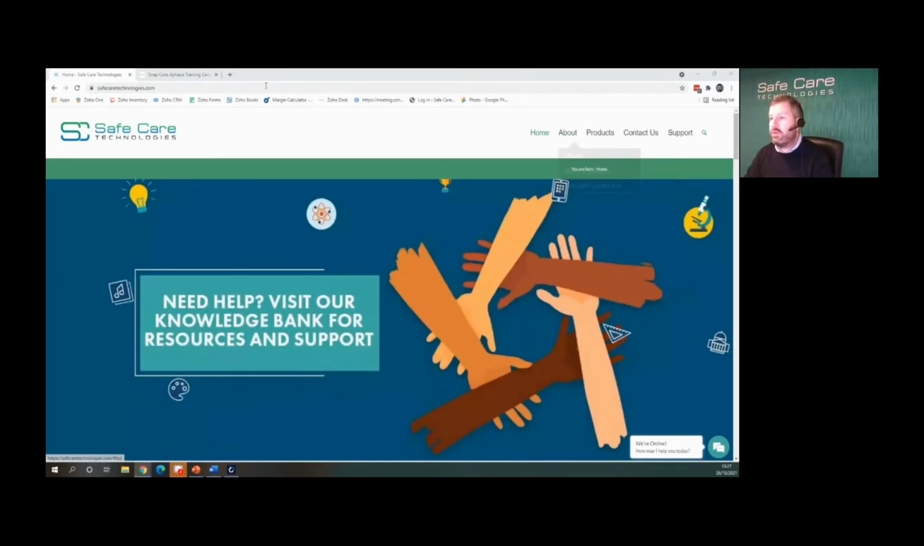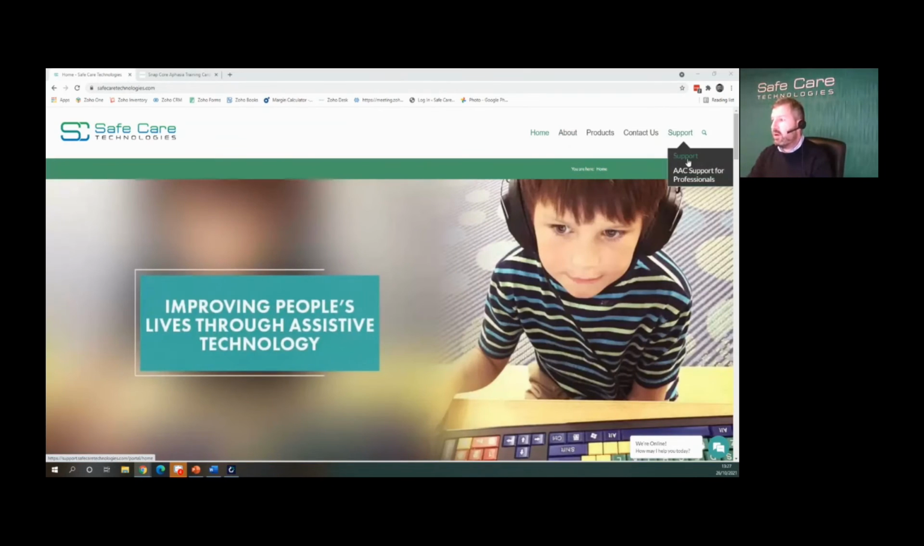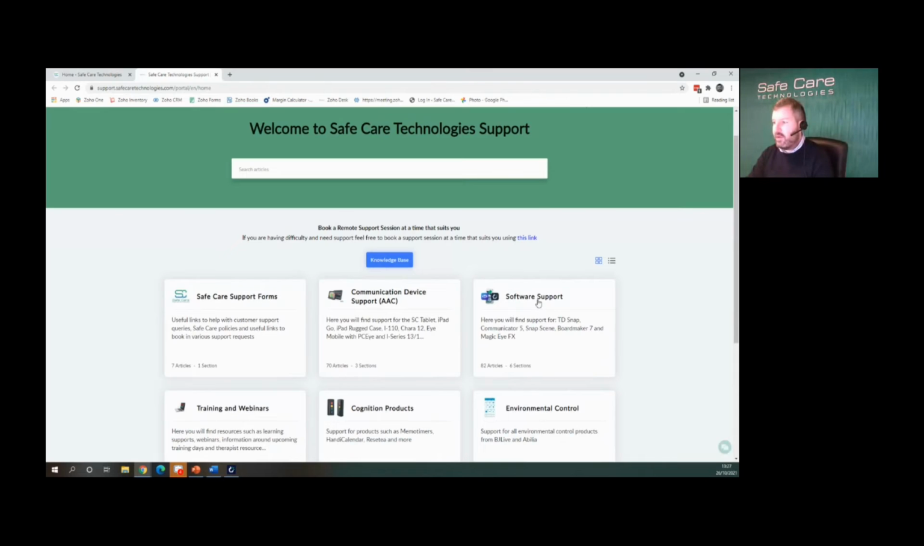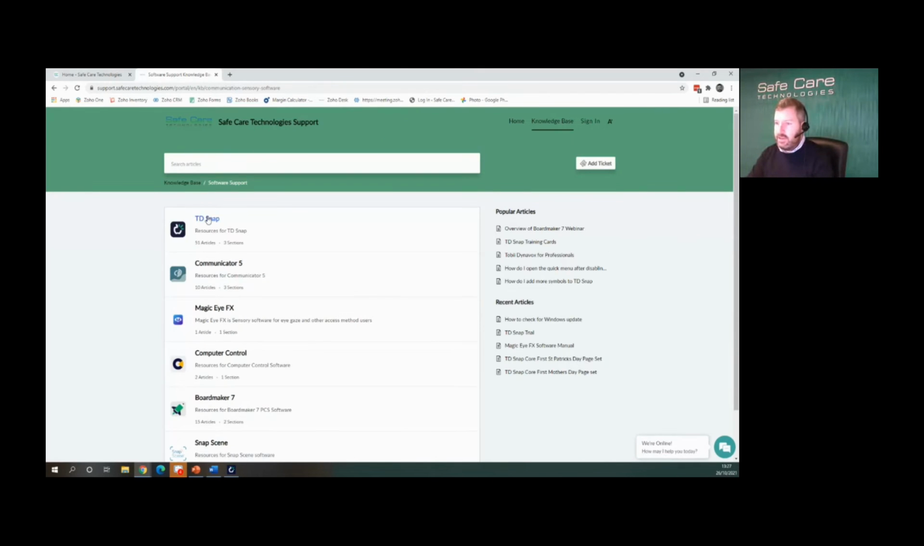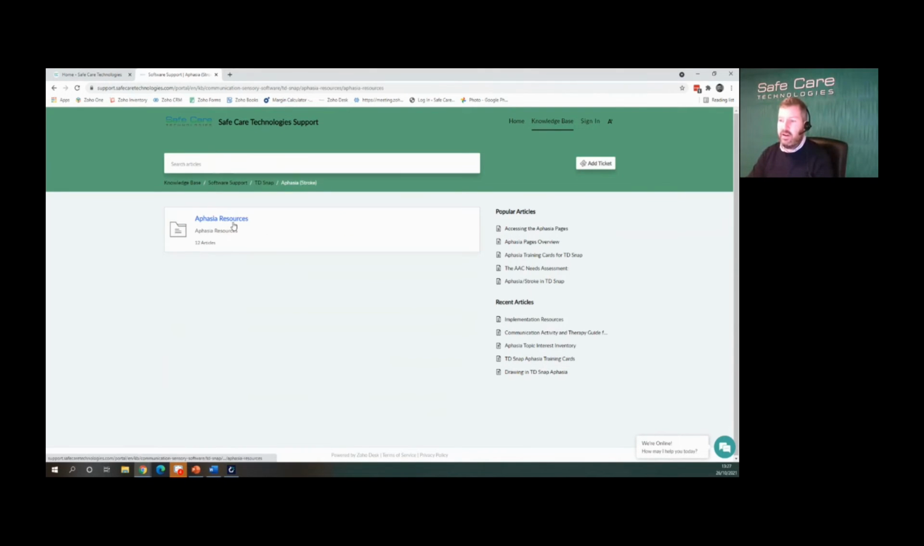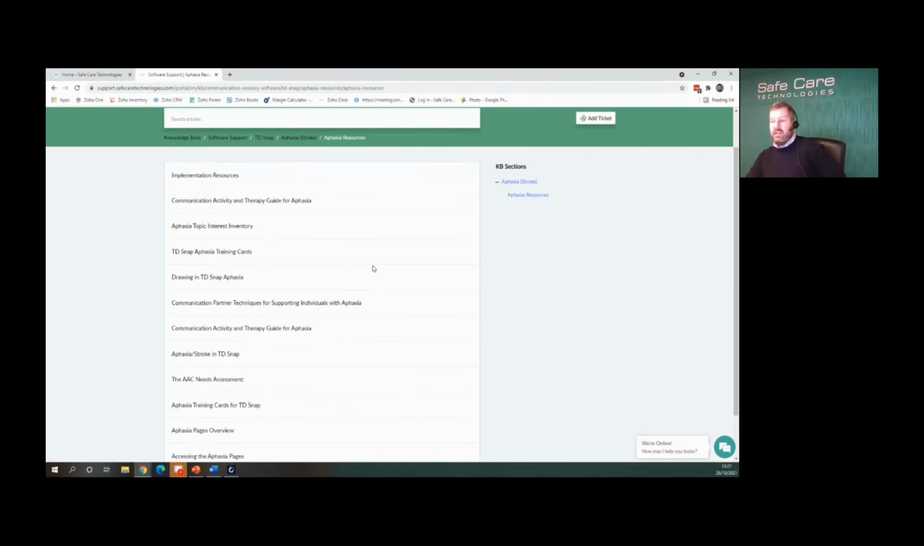So if you go to our website and you click on support, just over here on the right hand side, this brings in here, it's under software support. You'll find TD Snap, and then you'll see we've broken it down into 3 different page sets. So aphasia, stroke. So we'll find our aphasia resources. So here you'll see there's lots of